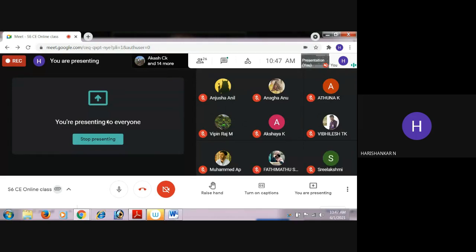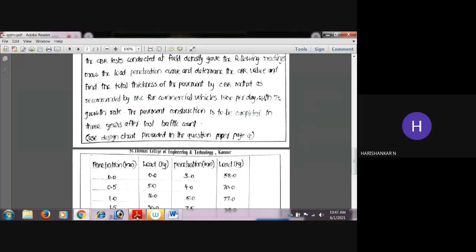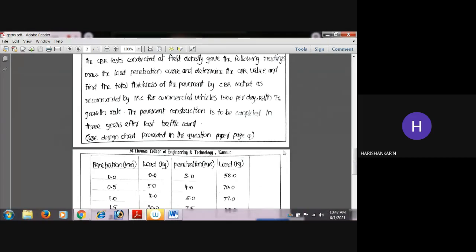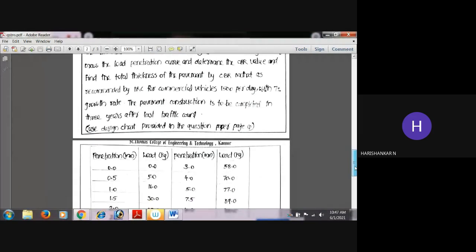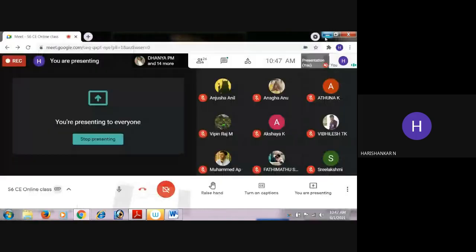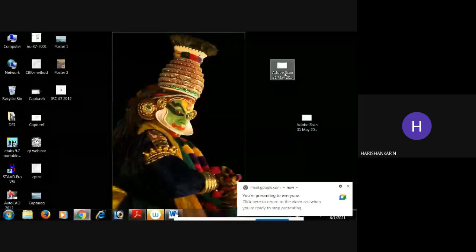I hope the concept is okay. And if you want to get the values, then definitely you should draw the graph. In the question itself, they are asking you to draw the graph. And if you still do not have the graph, then how will you get the answer? So based on these values, the first step is to draw the graph. So you have to draw it. And yesterday we already showed the graph, I hope.